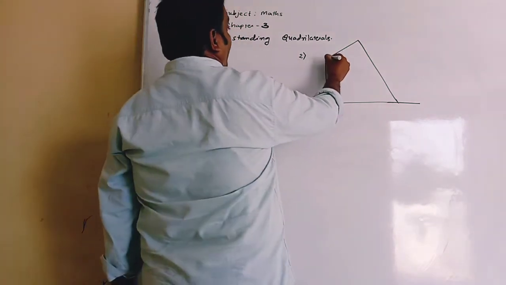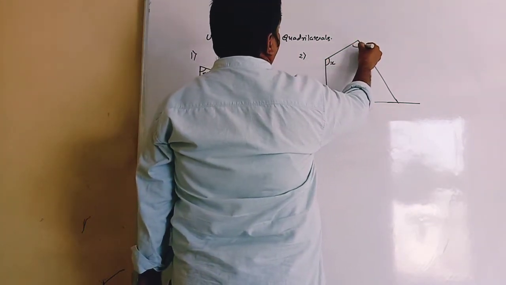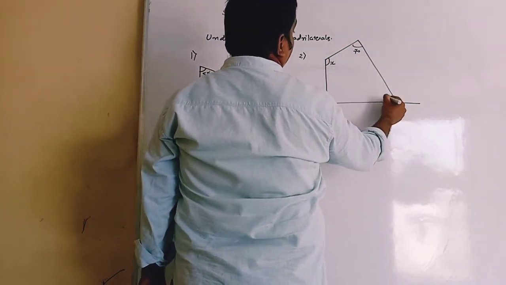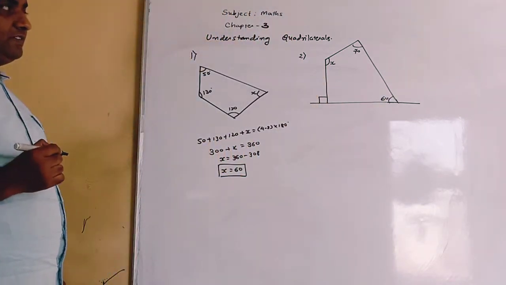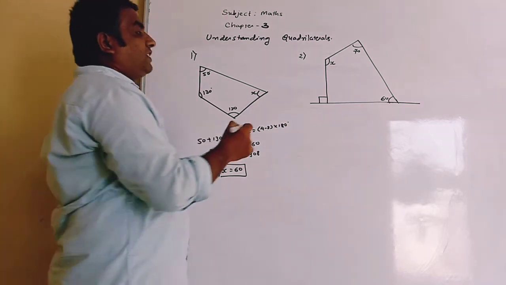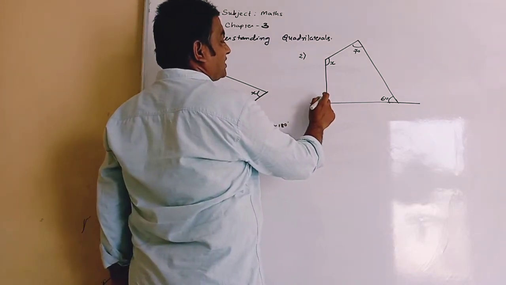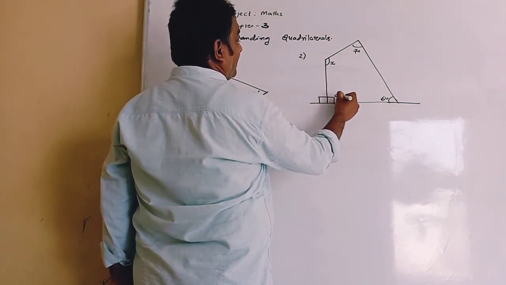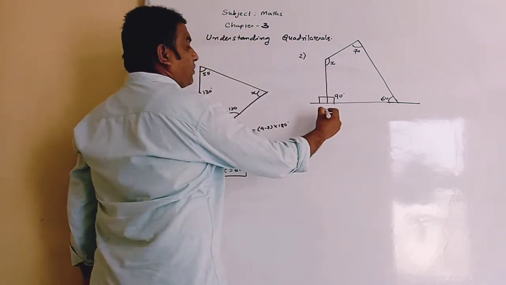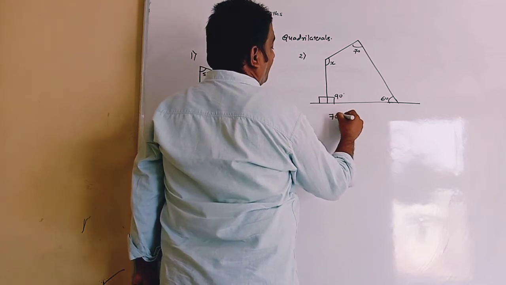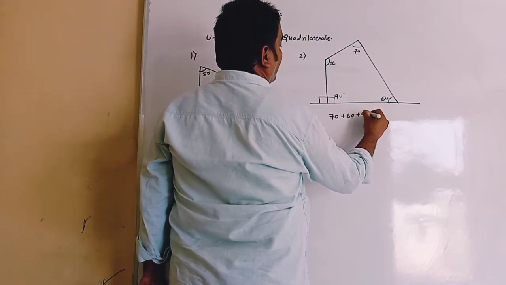Here it is given x, 70, 60, and here the exterior angle is given as 90. This symbol shows the perpendicular, meaning 90 degrees. Now again it is a quadrilateral, so we take the angle sum property: 70 plus 60 plus 90 plus